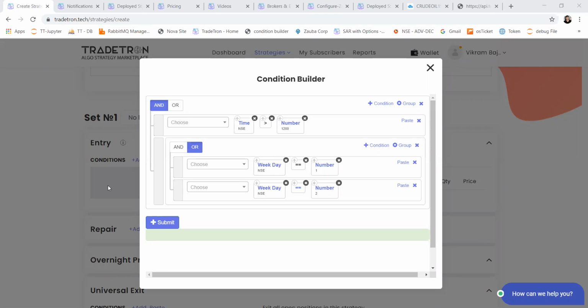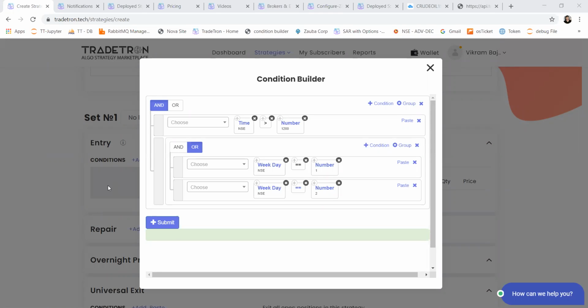For the keyword position detail entry value 0, what will be the impact if it is kept in two strategies? No, position detail is only for the particular strategy in which it is running, so it won't affect execution in another strategy, Mr. Prashant. So yeah, it will require double margin otherwise.